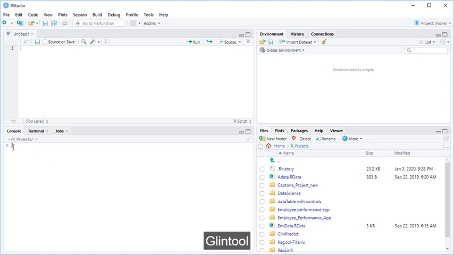On the console, the prompt indicates that the user can enter a statement or command for R to execute. If you enter a statement that assigns an object to a variable, then that variable will be available in the global environment. It is then possible to use that variable in some other computation. For example, if you assign the value 2 to the variable a,